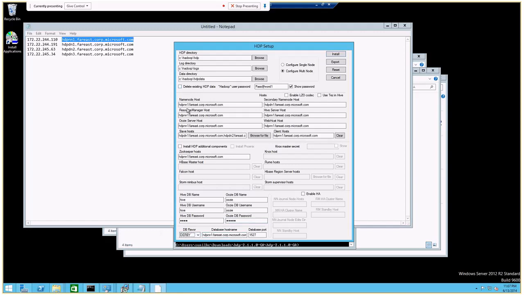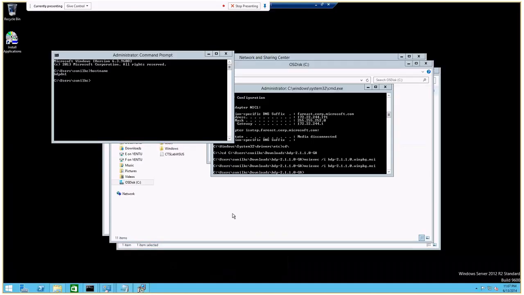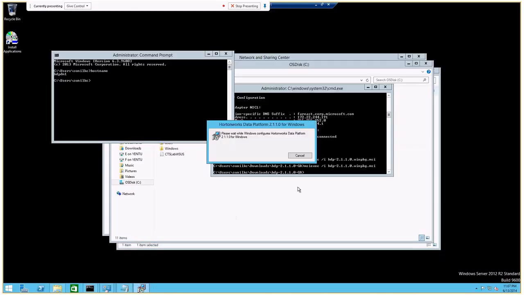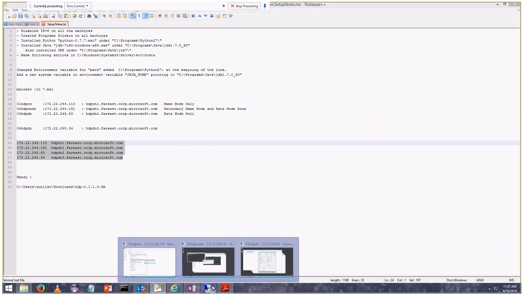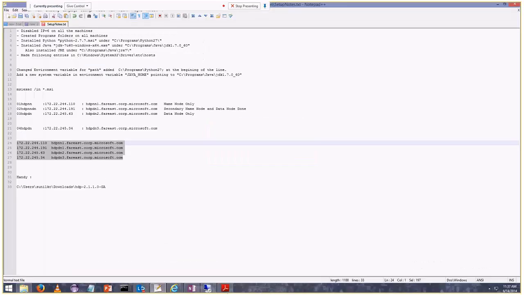So we are all set. Name node, data node 1, data node 2. The secondary name node will be on data node 1, and then yes, all are fine. Let us hit install. This will take some time. In the meanwhile,